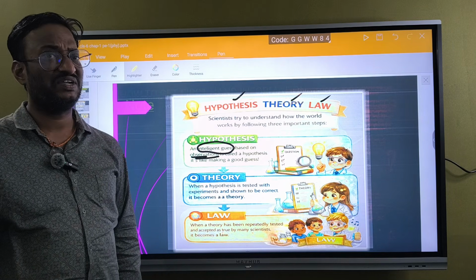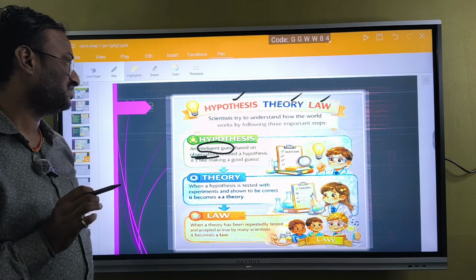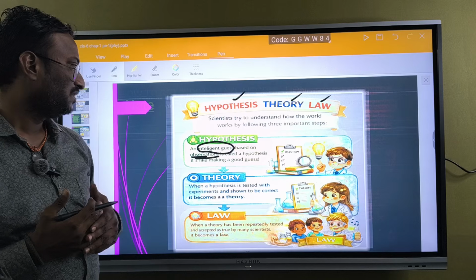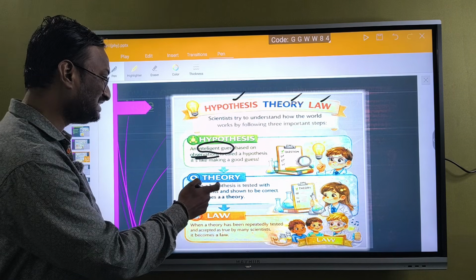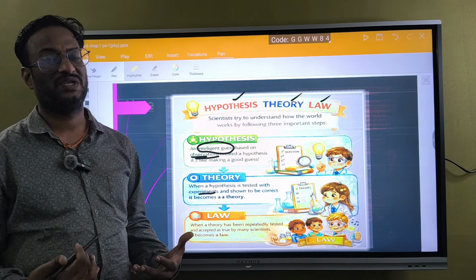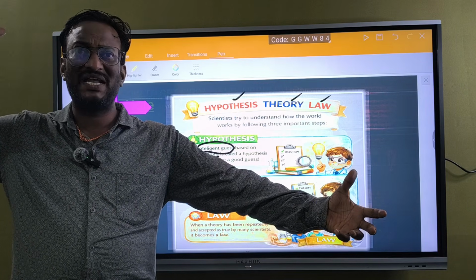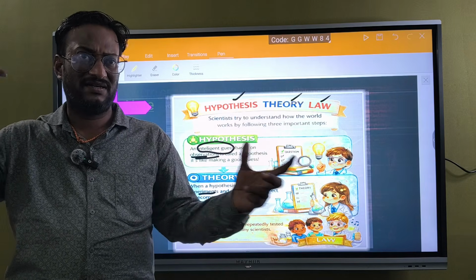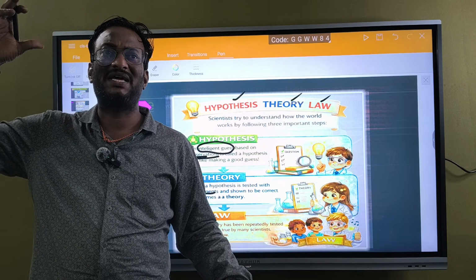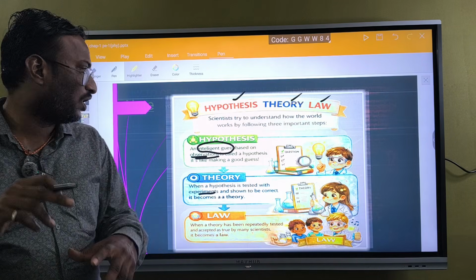First point is observation. Observation is important. After that observation he has to make an intelligent guess, that we call a hypothesis. It's like making a good guess of any concept. Next thing is theory. When a hypothesis is tested with experiments and shown to be correct, that is imagination tested with an experiment, and the imagination and the experiment should coincide. Hypothesis thinking we call the theoretical concept. Experimentation we call the practical concept. When theory and practical coincide, then we call it a theory.